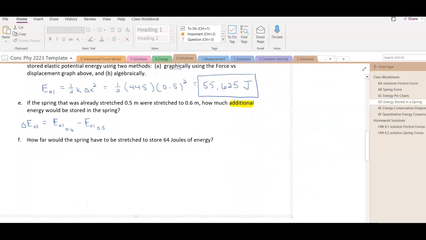But so the energy stored when the spring is stretched to 0.6 meters would be half of the spring constant multiplied by 0.6, that's the displacement squared. And the energy stored when it is stretched by half a meter is half of the spring constant times 0.5 squared. We already calculated that above, right? But if I take the difference between these,